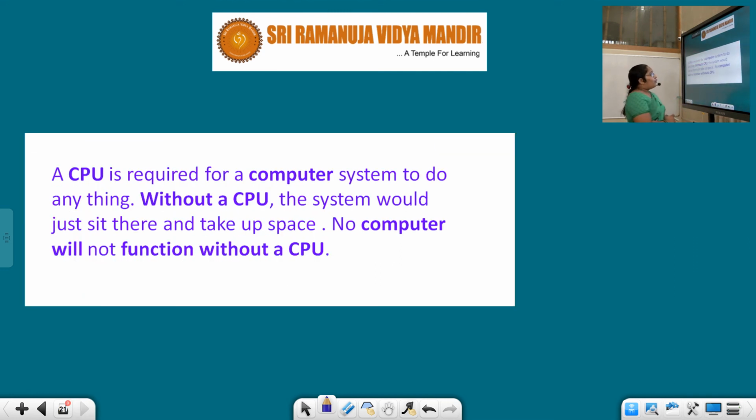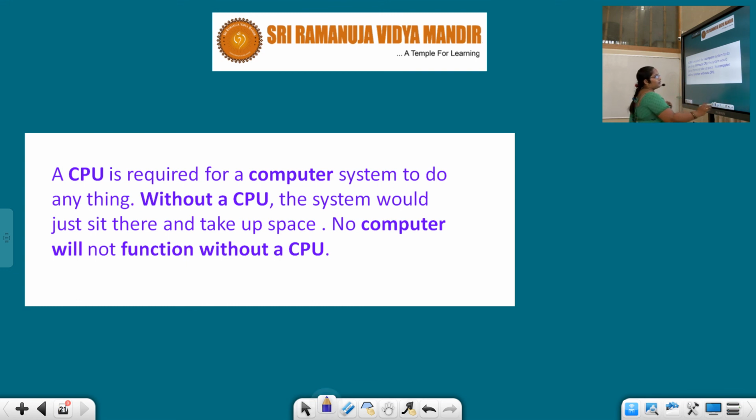So what is the CPU? As I said, I explained all the operations going on in the CPU. But without a CPU, does the computer work? It's my question. Let's think. So without a CPU, does a computer work? No, because as a human being, the brain is important for us. In the same way, for computers, the CPU is important. Without a CPU, it doesn't work.